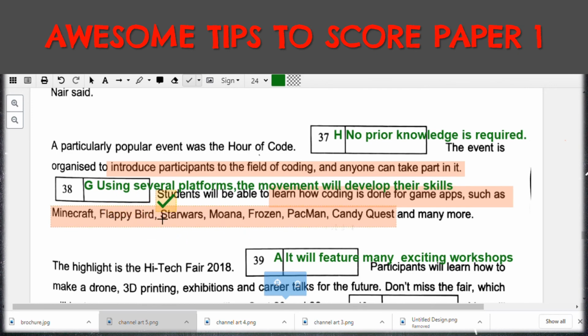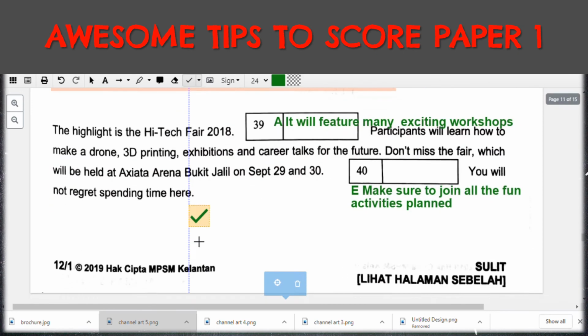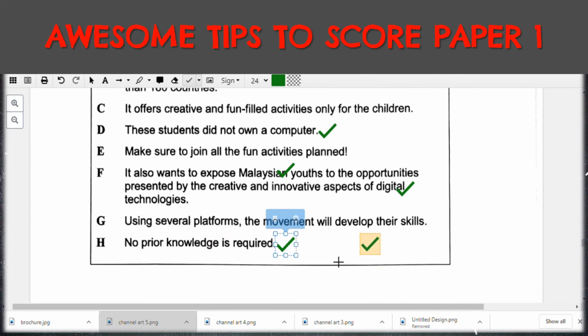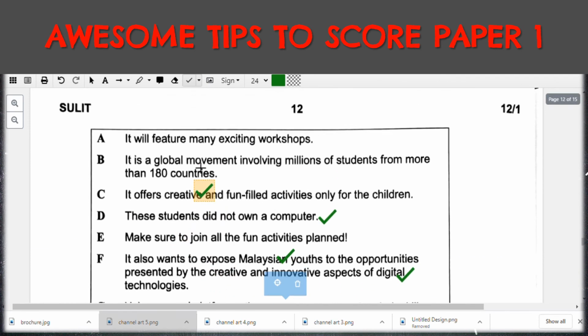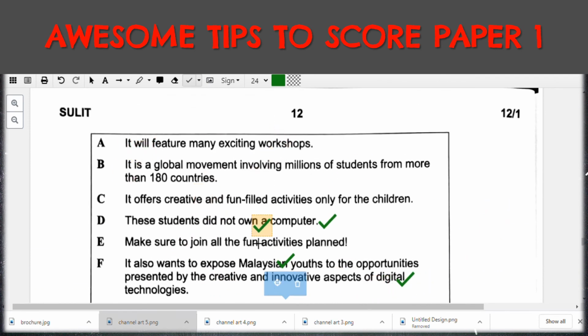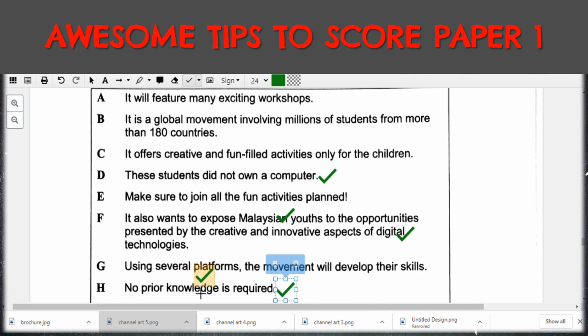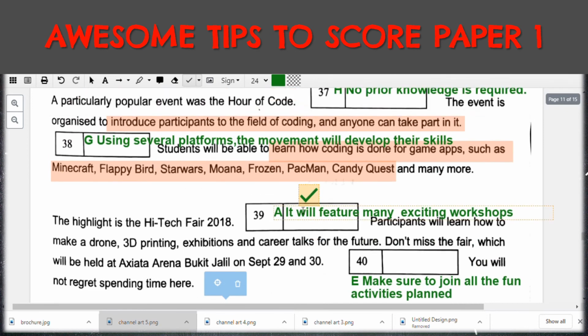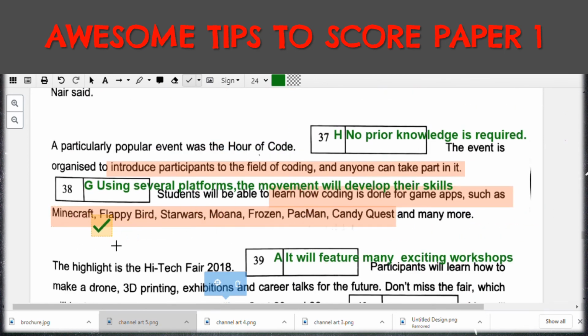So these are the platforms. So using several platforms. So look at the question. Is there any other answer? Talking about platforms. Because here, example given, many: Minecraft, Flappy Bird. These are the platforms. Okay, now look at